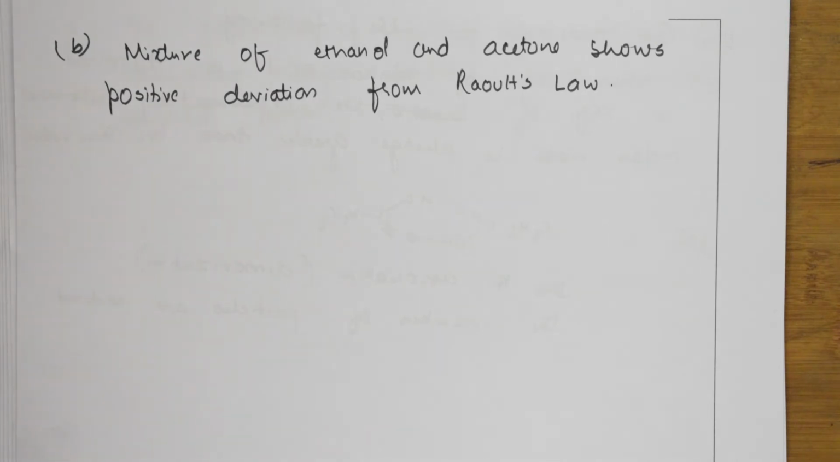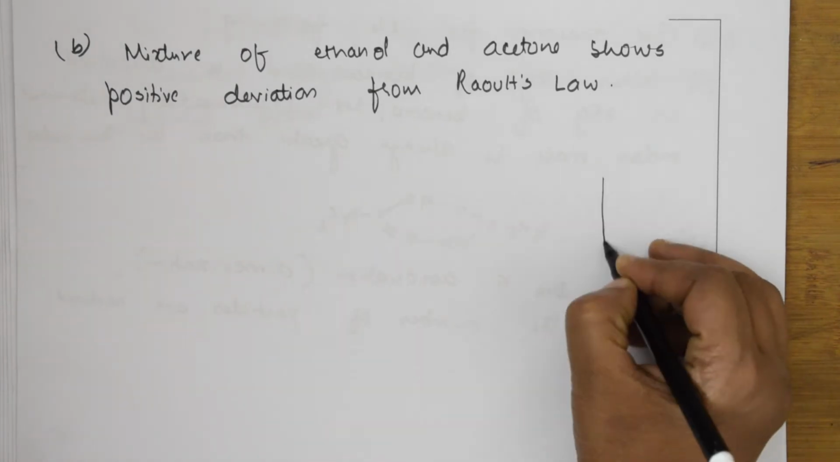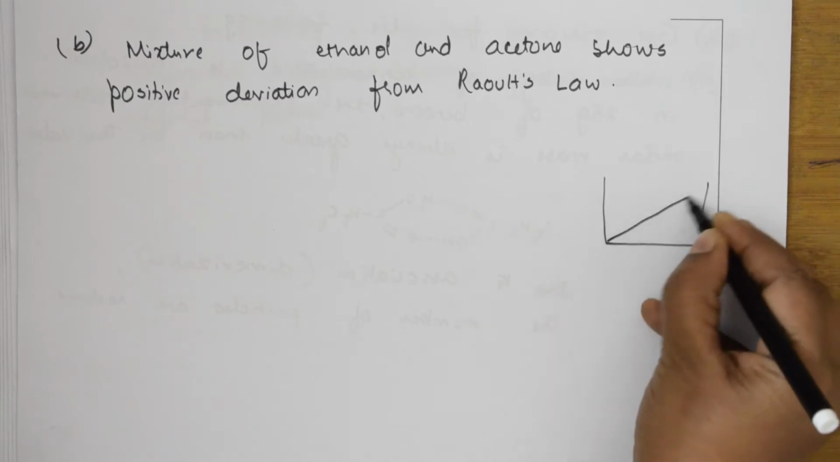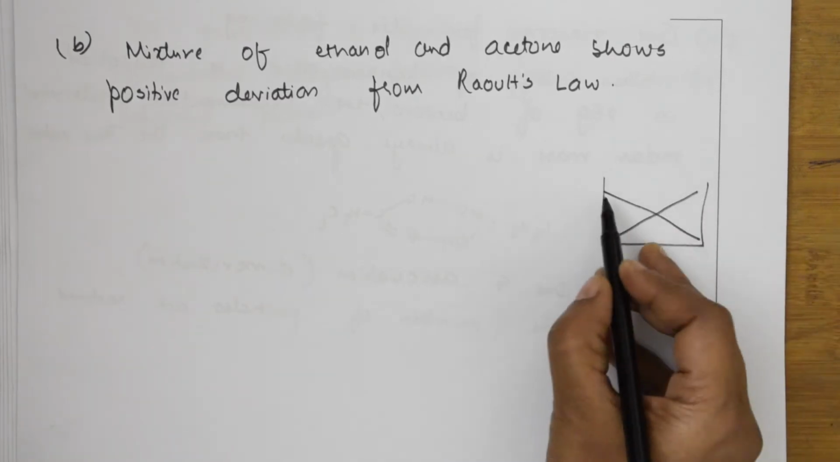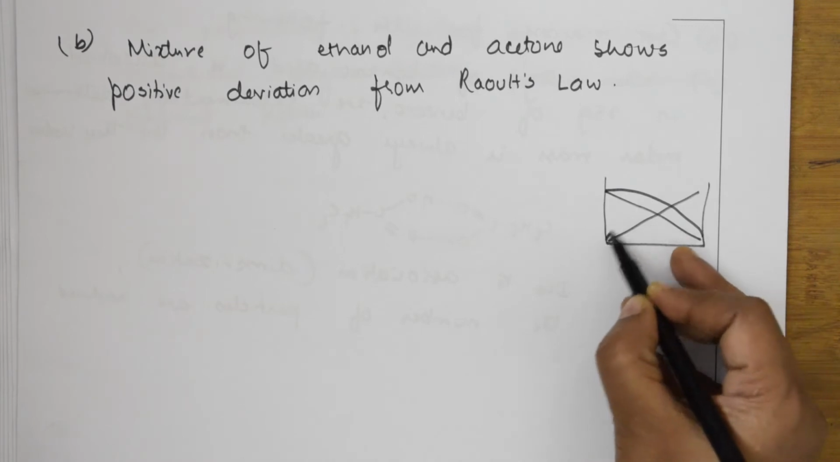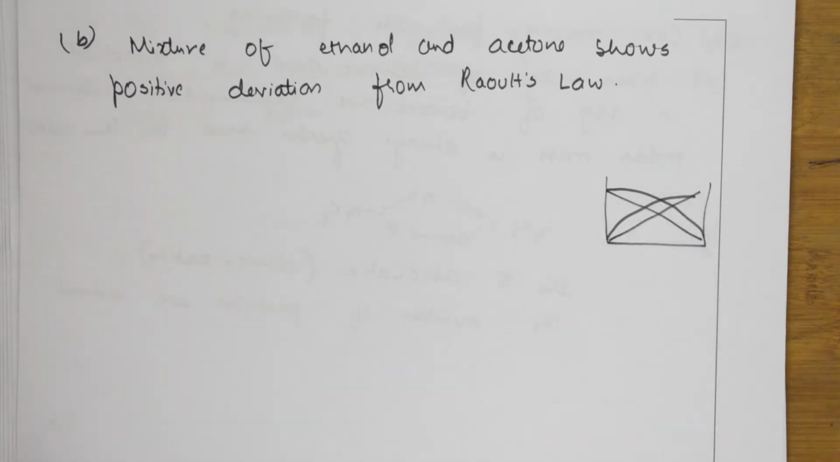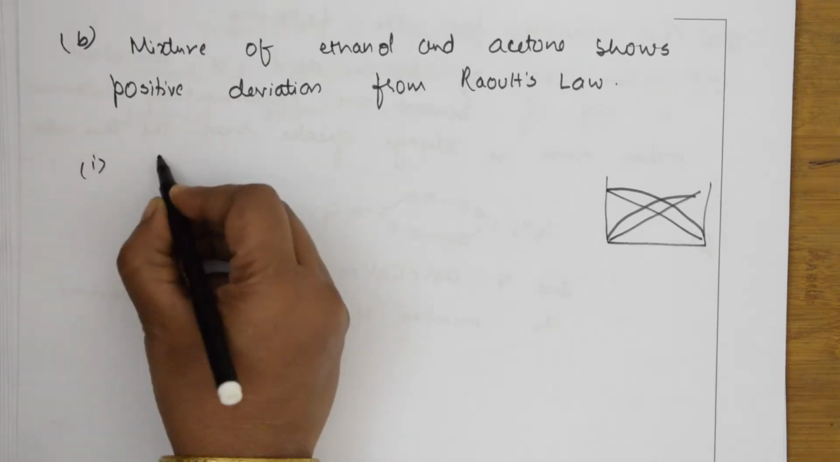Nothing to draw, no graph or anything. Simple. So answer why it shows positive deviation. Suppose it is like this, right? We have drawn the graph like this, so some will show positive deviation from the ideal behavior. This is what they are speaking about. So what will happen? The intermolecular forces of attraction between ethanol and acetone are weaker. Why? Because ethanol and acetone are non-polar in nature. First reason you can write, since